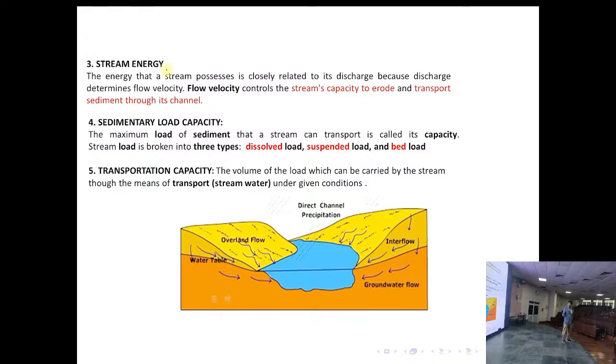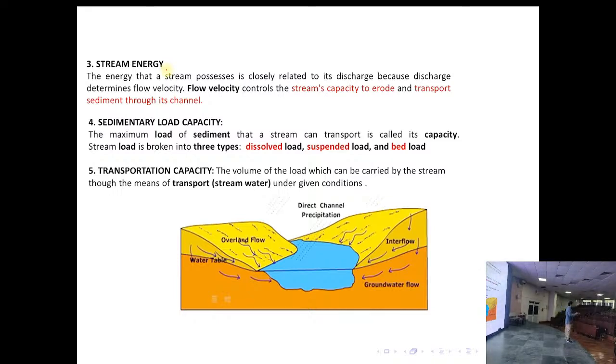Okay, so stream energy is also very important in the fluid dynamic aspect of river morphology. Stream has the energy to carry out the discharge and the sediments. That energy you have to calculate. Sometimes it is more, and then it will take the discharge properly and there is no problem to the rivers. When there is less energy to the